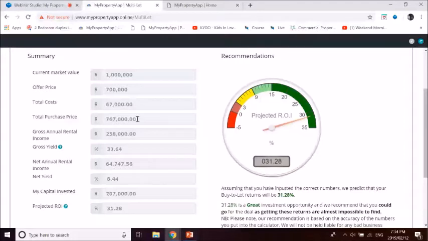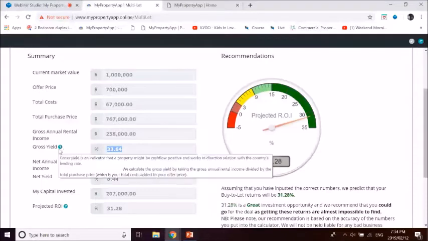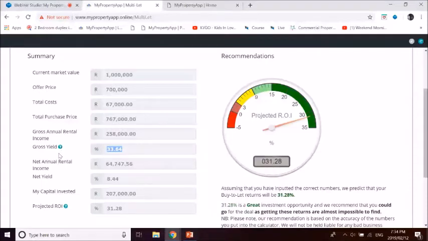The revised purchase price: if the purchase price was 10% less, the ROI would obviously be higher. If it was 10% more, the ROI would be lower. So if we factor in that the purchase price is actually going to be 30% more than we expect, our return will still be 18%. So this is a way in which you can stress test your deal, assuming that things are wrong, and they will go wrong, or assuming things will change. Here again, with bond interest rates, if your rate goes to 13%, there's quite a significant reduction in your ROI. This deal is good enough that it can withstand that pressure.